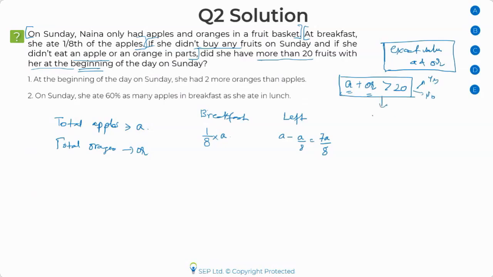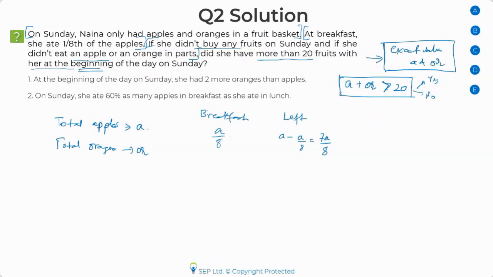So you should write that down, okay? That I just need to figure out whether it is greater than 20, and write it exactly in this way. Don't simply write it like greater or lesser. If you write it just in words, then sometimes you're not very clear what you're exactly trying to do. So I prefer using a mathematical form of setting up the equation. This is what is meant by translation. With this in mind, that I don't necessarily need the exact value, and this is all I have, that at breakfast she ate A by 8, let me write it like this, and what was left was 7A by 8. I'll go on and read the remaining statements.